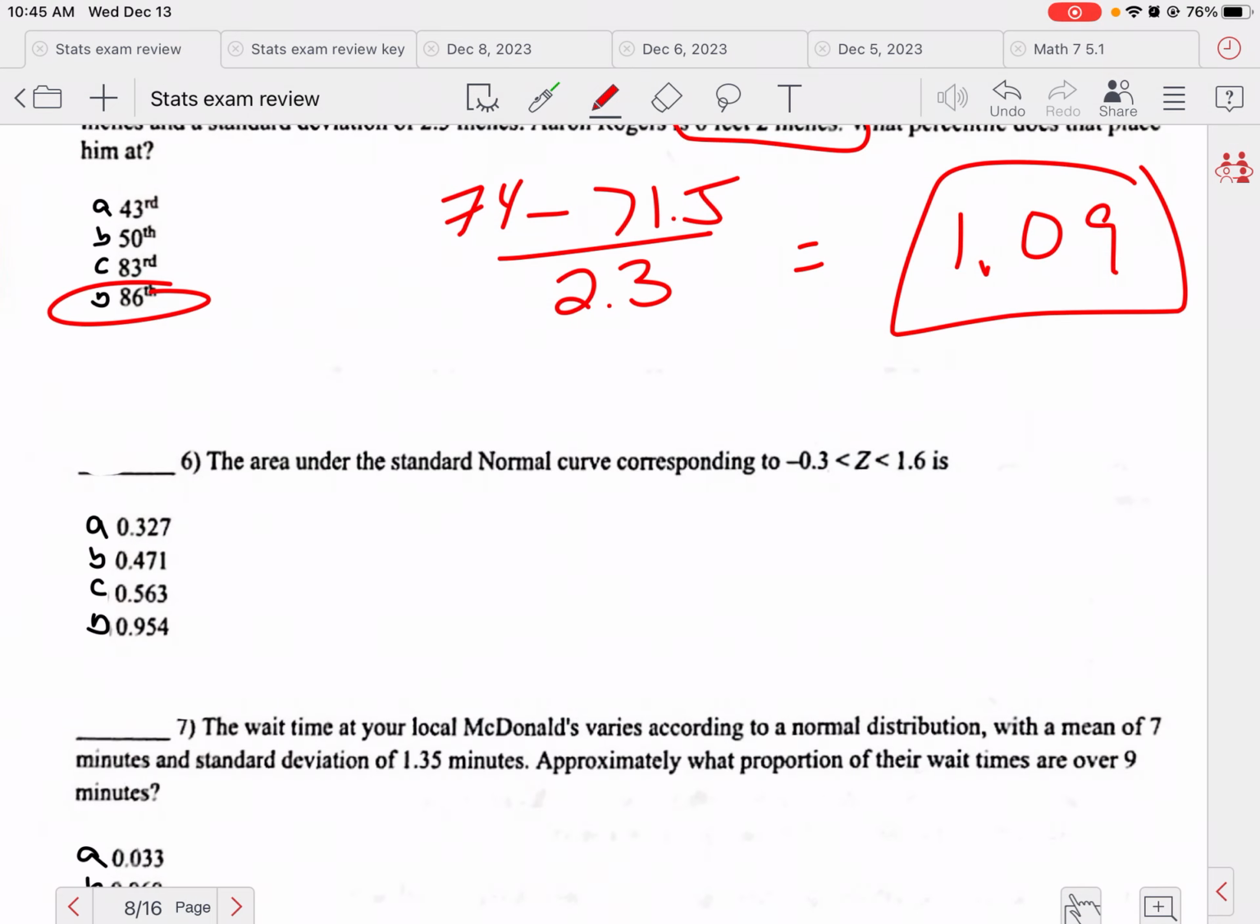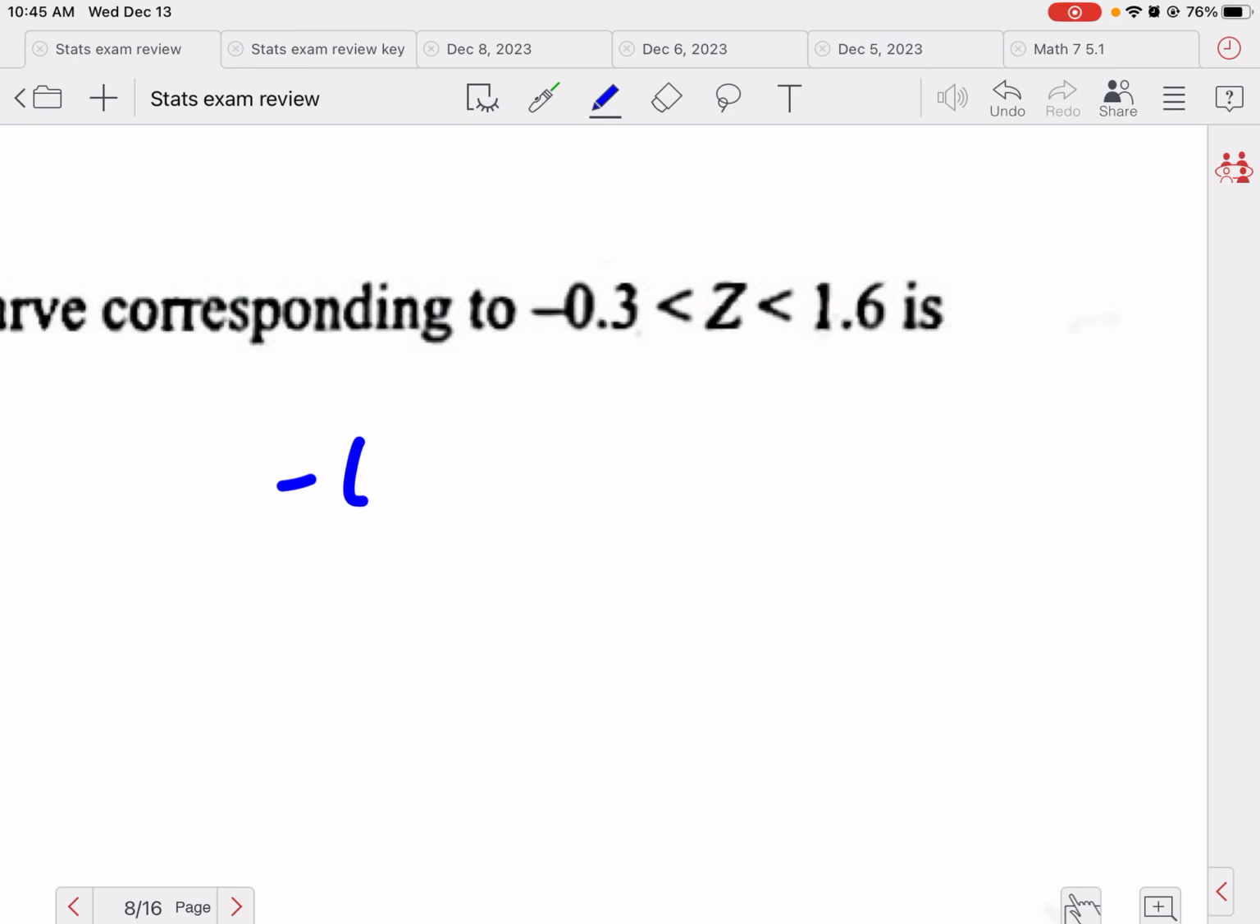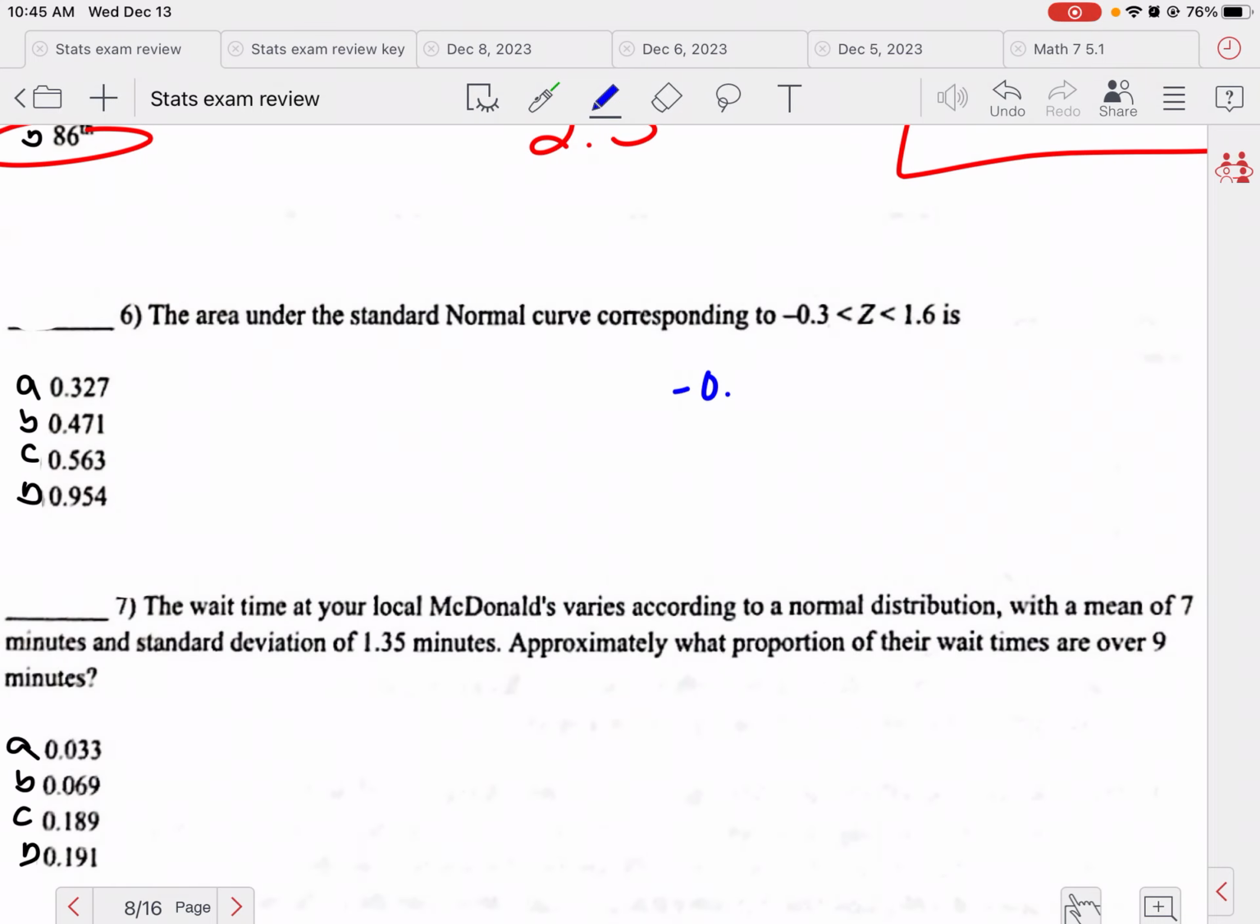Okay, area under the normal curve corresponding to negative 0.3 and 1.6. I'm going to go ahead and do my z-score for both of these. So negative 0. I'm sorry, I can't do the z-score because I don't know my mean and standard deviation. I'm going to look both of these up in the table to find their percentage. So I'm going to look up negative 0.3 in my table. Negative 0.3 is 0.38